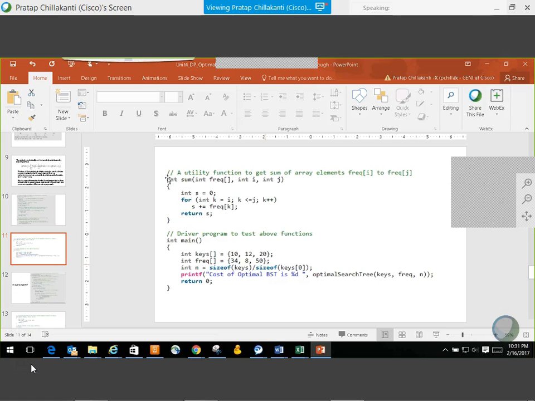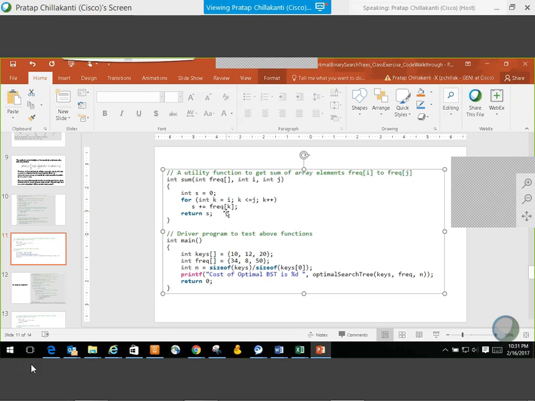You may want to quickly write down this small function here, integer sum. For a driver program, there's nothing to write there, you're just calling that function. Just write down the simple statement: sum, integer frequency, integer I, integer j. For integer I equal to j, k plus plus. Those 3 lines, you write down on a piece of paper.